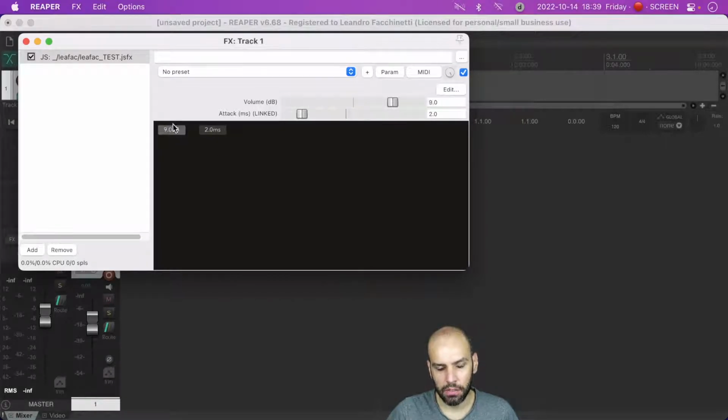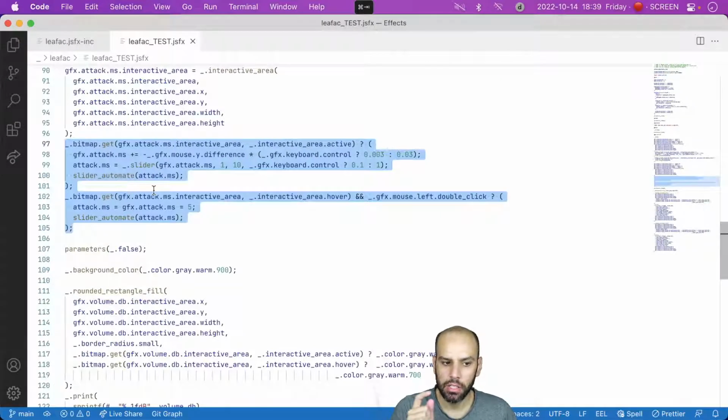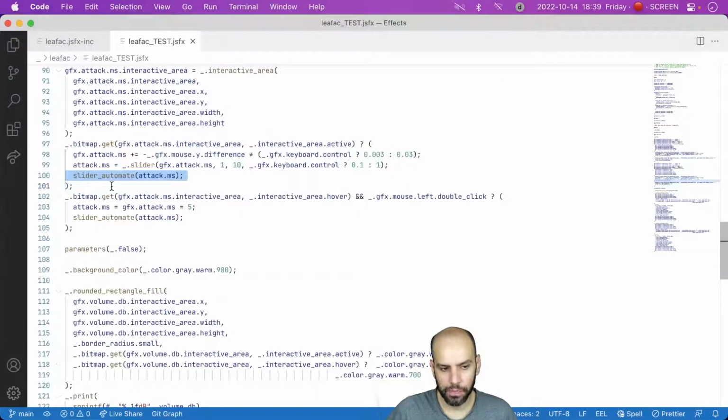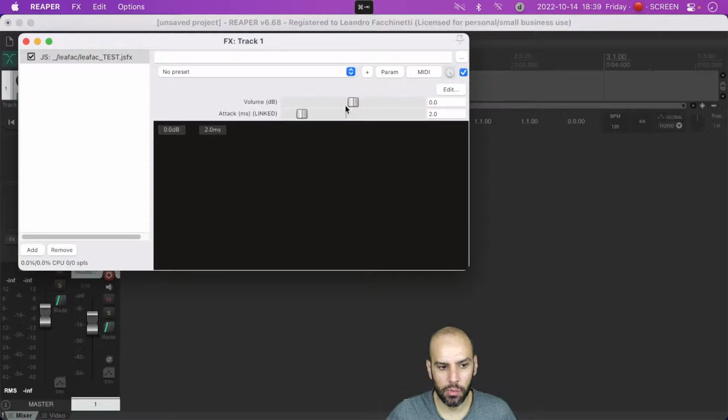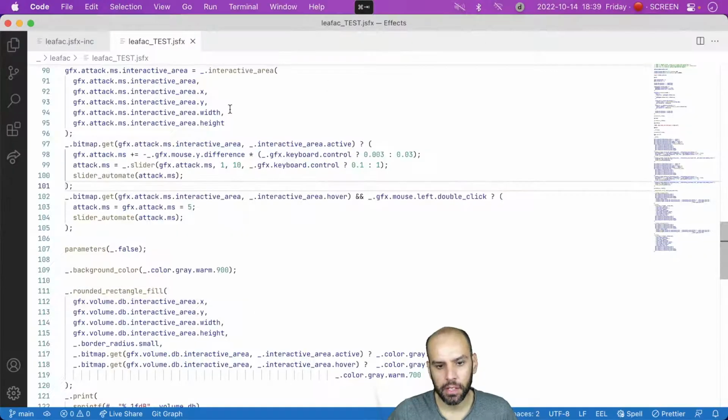So if you click and drag, if you double click, in all those instances, you have this call. You have to remember to put these calls there. This is the block where we deal with click and drag. This is the place where we deal with double click. And you have to remember to put this here. If you forget, then it will not show up here, right? And of course,